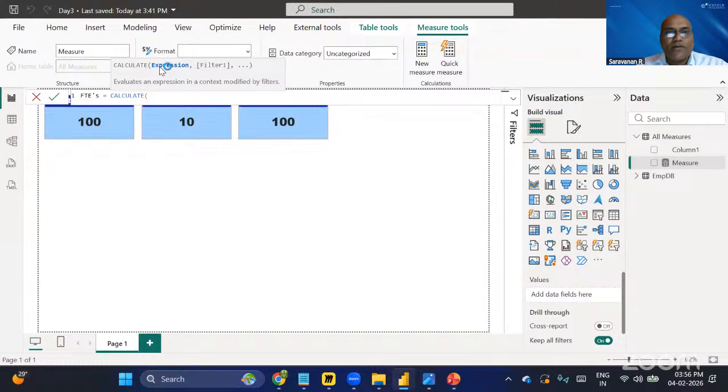Okay. What do I want to count? I want to count rows. So whatever we speak, the same way the formula will be there. Yes, sure. So for example,